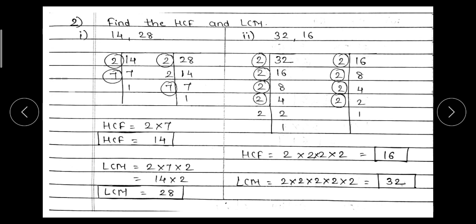Now LCM. Common factors are 4 times 2. See, this we have encircled, right? So these are common factors. What is uncommon? Which number is uncommon? These 2. So these 2 also we will write. See here, I have written. So the LCM is 32. Clear, everybody? Easy? Yes, it is very easy, right?